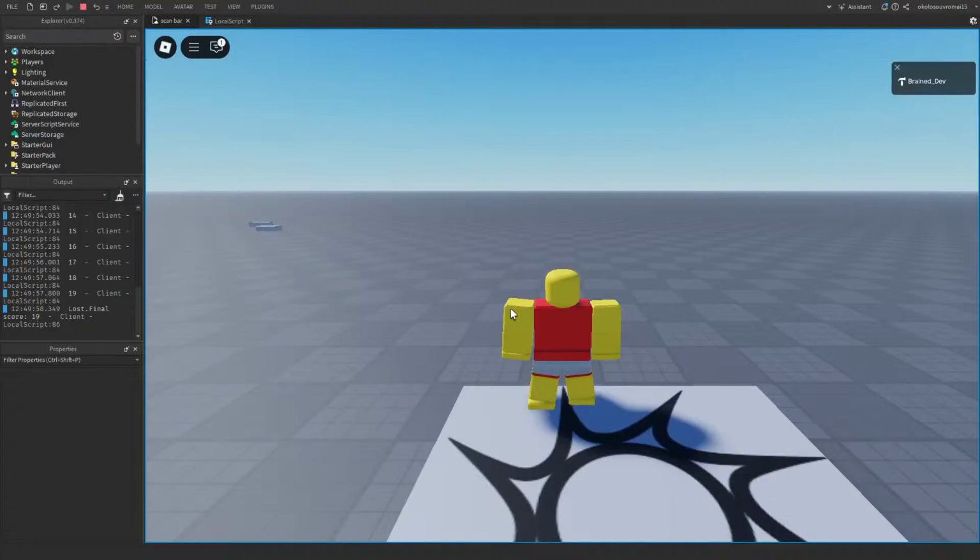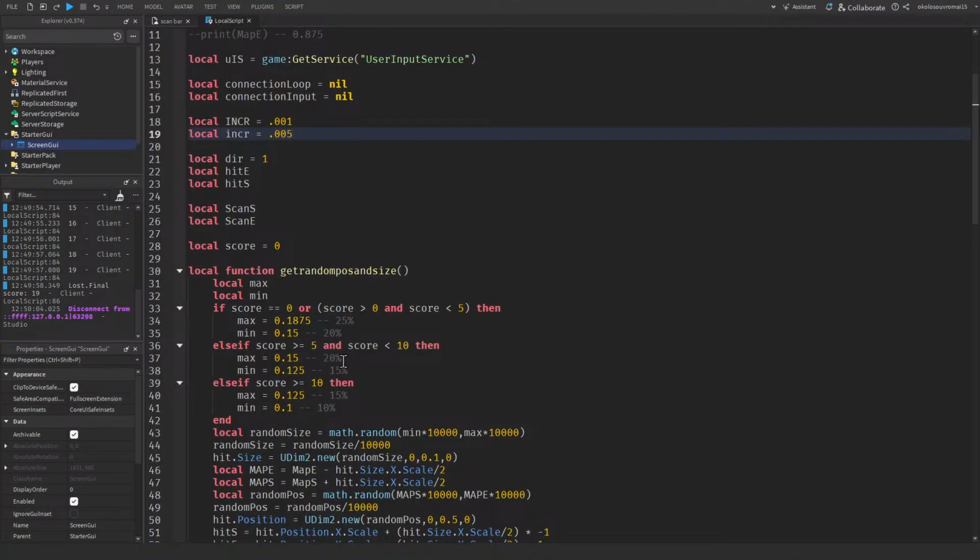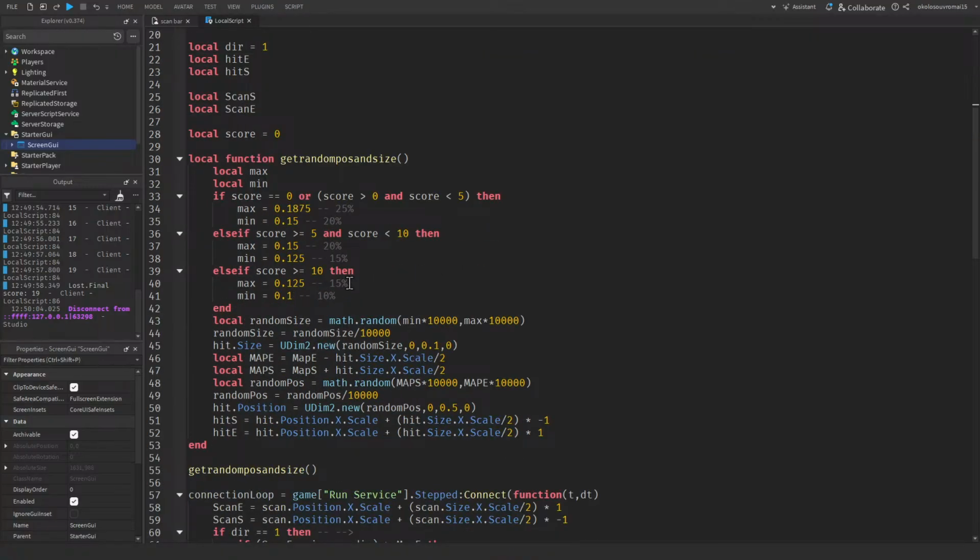Final score 19. Okay, maybe it's a bit too big. It goes from 25 to 20, 20 to 15, and then 15 to 10. What if I do it to 10%? So it's okay. I don't know why I just didn't copy this over. But 10. 10, and then